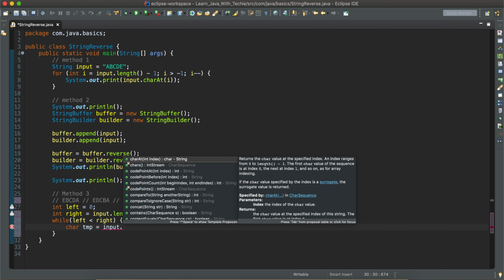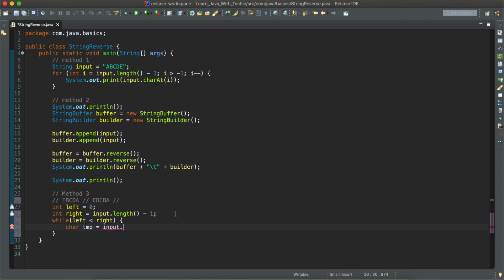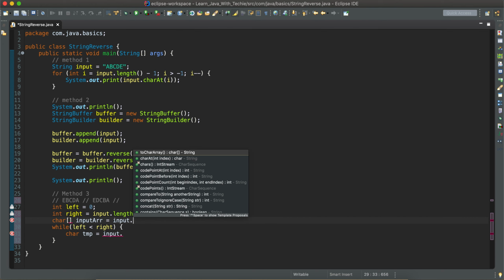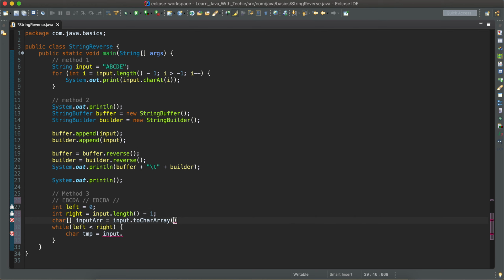Before this, there is one more thing. We can't directly replace the value of a string. Once the value of a string is set, we cannot change it since it is immutable. So there is another way to do it. We are going to use a character array, input array equal to input dot toCharArray. This will give the character array of the input.